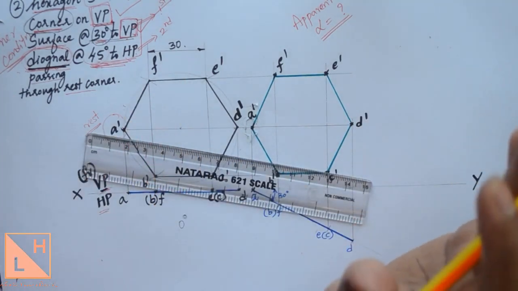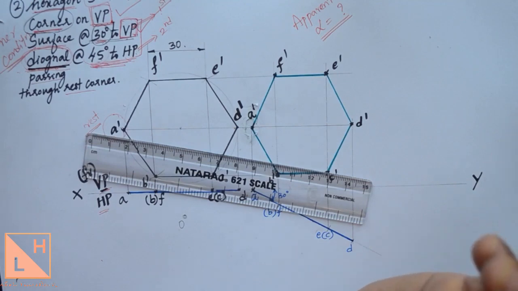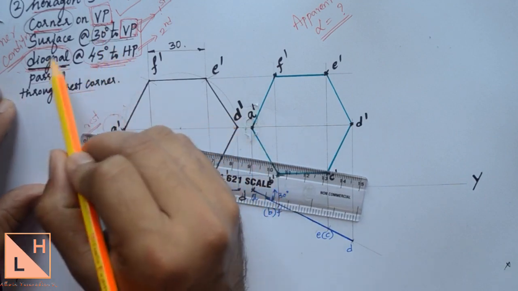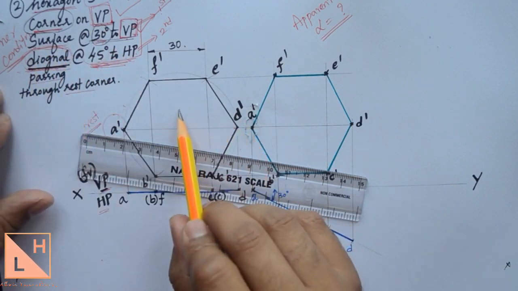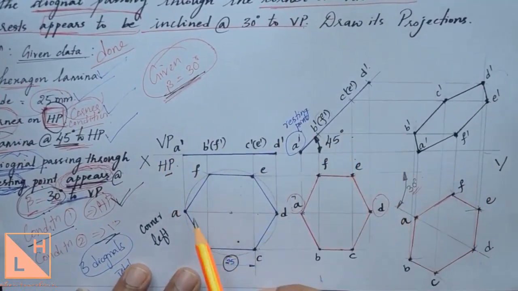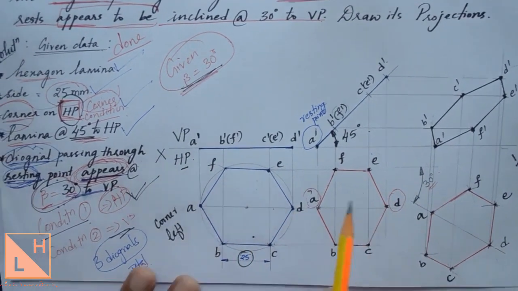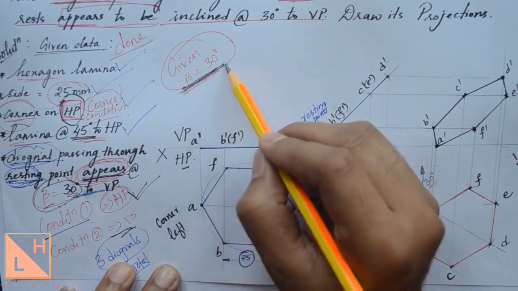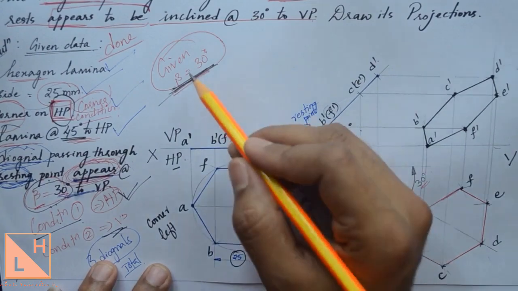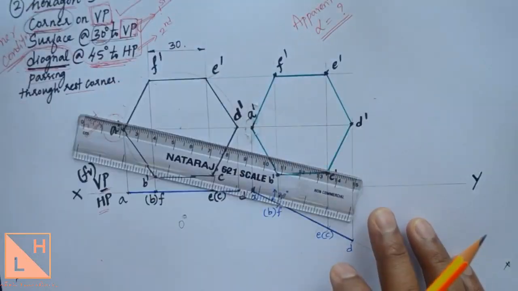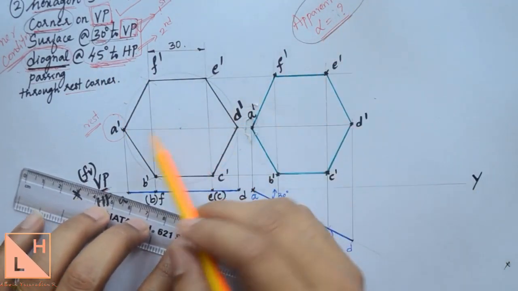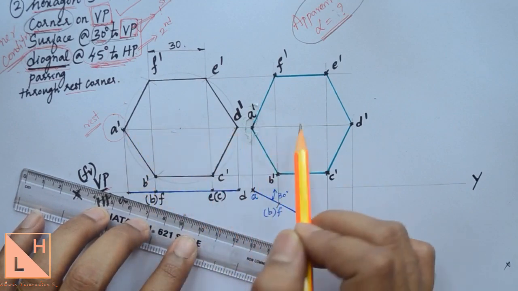Are you all clear? You just need to check the length of that particular thing with respect to which the inclination is given. So here the inclination is given with respect to the diagonal, so you check the length of the diagonal in the first and second position. Now coming back to the previous problem, we did not do that because the apparent angle was already given in the problem. Since the apparent angle was directly given, there is no need to measure the length and find that angle. So now coming back here, the apparent angle is not given, so you need to find it. To do that, you need to measure the length of the diagonal in the first and second position.